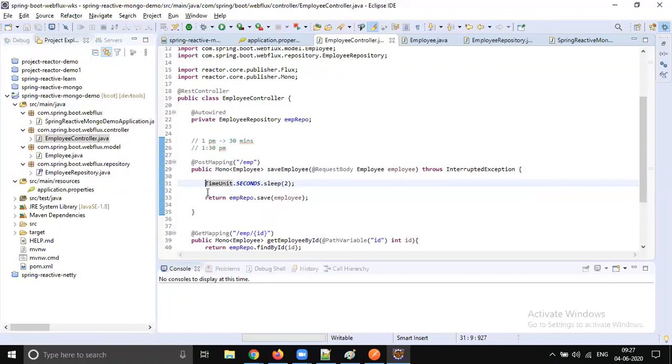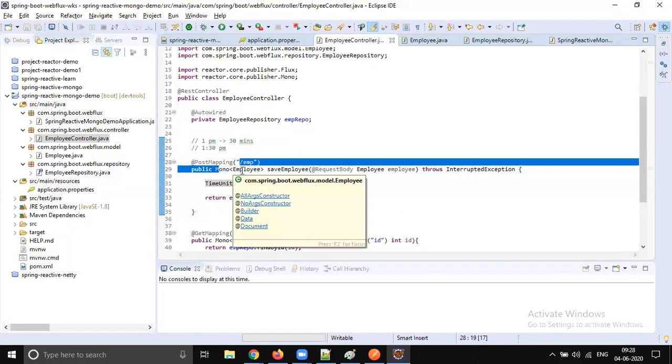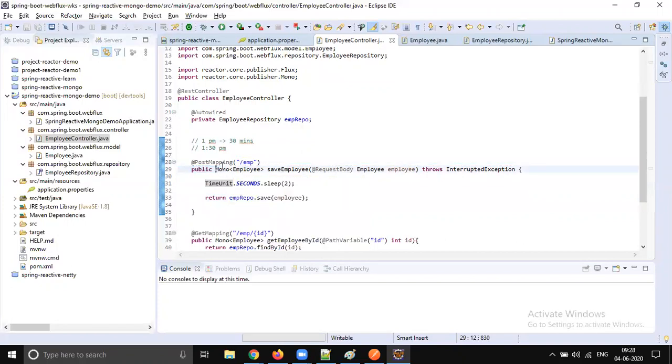That is our main agenda. Our major agenda itself is that none of the threads will be in a blocking state until we forcefully say block. That is the reason why I said don't use block and subscribe. You just return the Mono as is, and your HTTP client will perform the subscription on this Mono. We need not do any subscribe or blocking. You just return from your method, and the HTTP client will take care of the process.